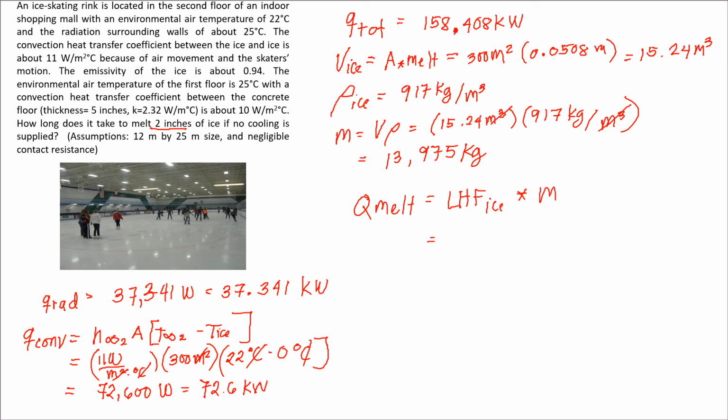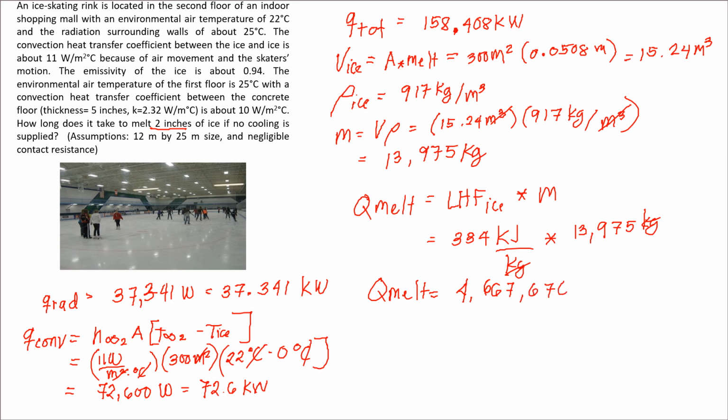And therefore, we have 334 kilojoules per kilogram multiplied by the mass, which is 13,975 kilograms. So we have to cancel the kilograms. So therefore, Q melt is just equal to 4,667,676.72